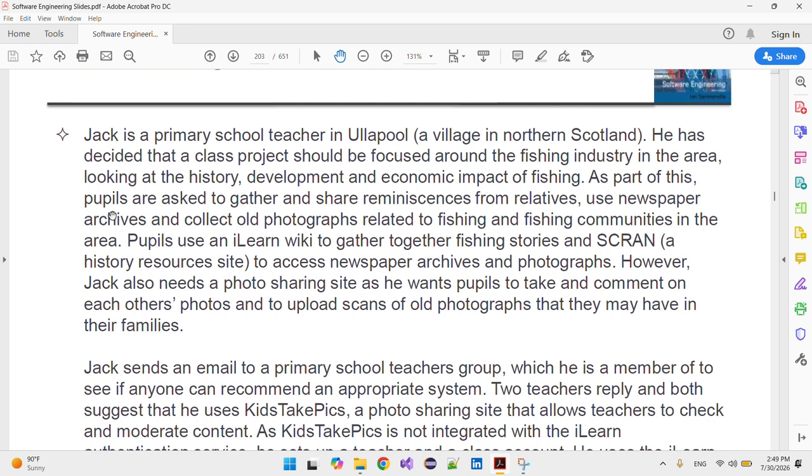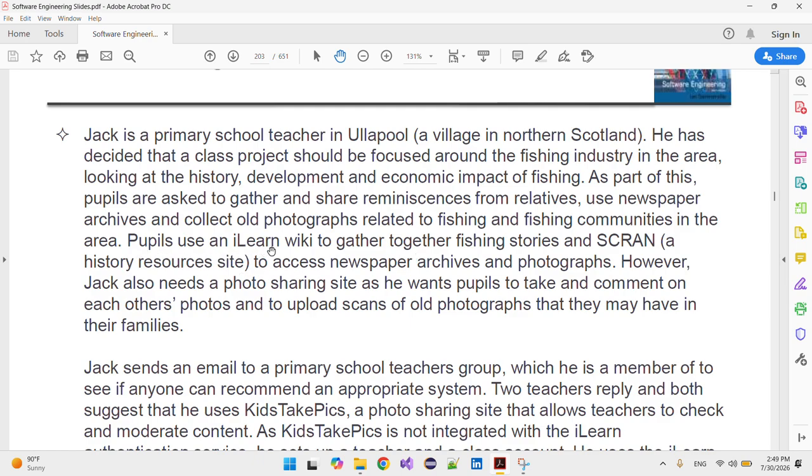As part of this, pupils are asked to gather and share reminiscences from relatives, use newspapers, archives and collect old photographs related to fishing and fishing communities in the area.